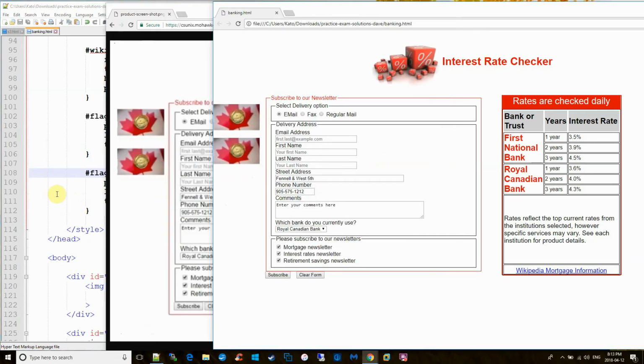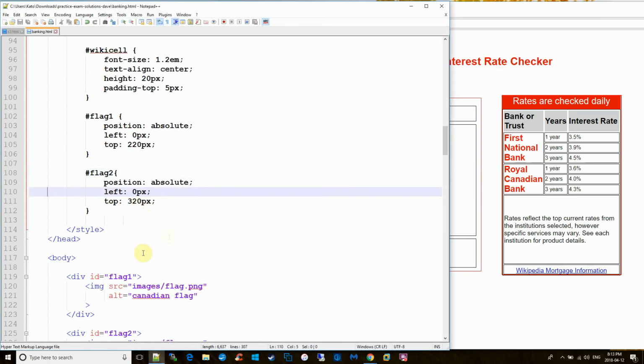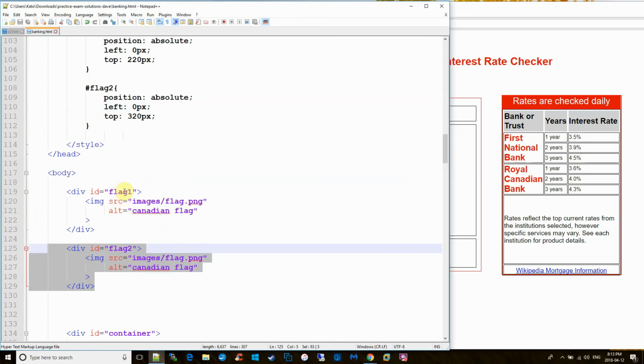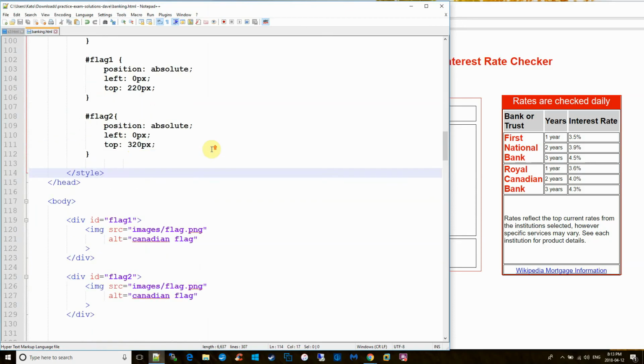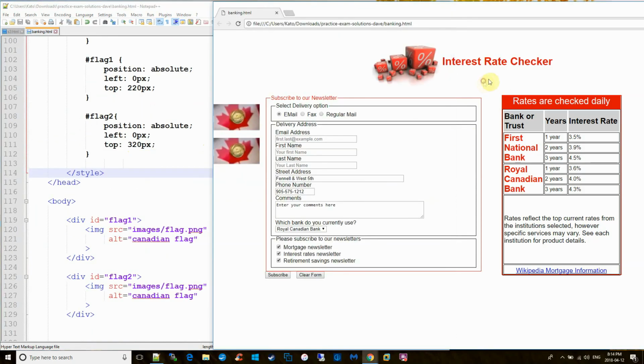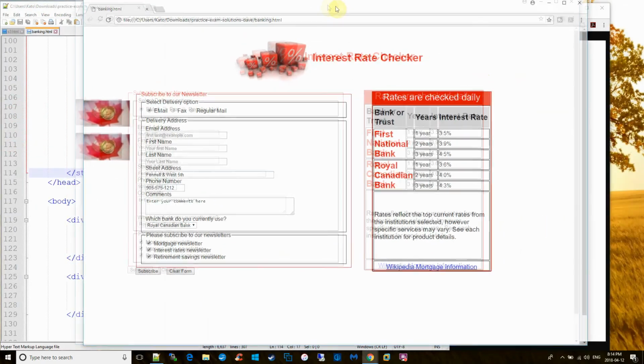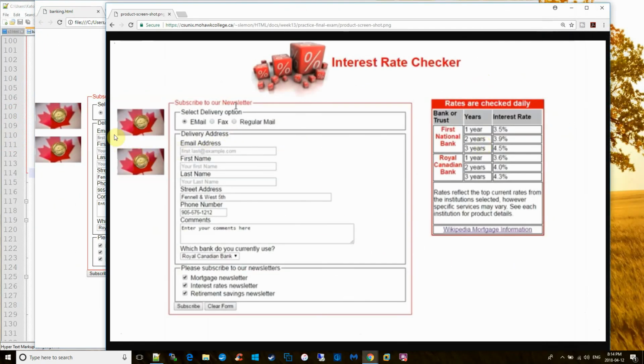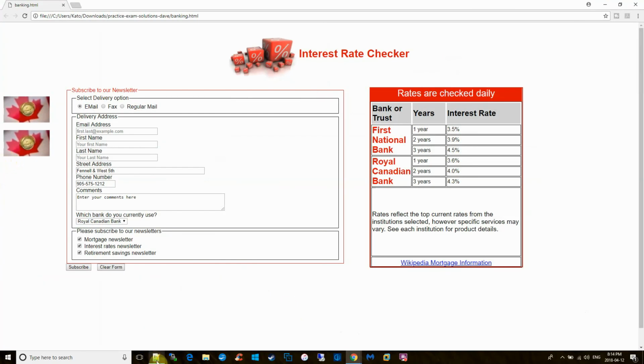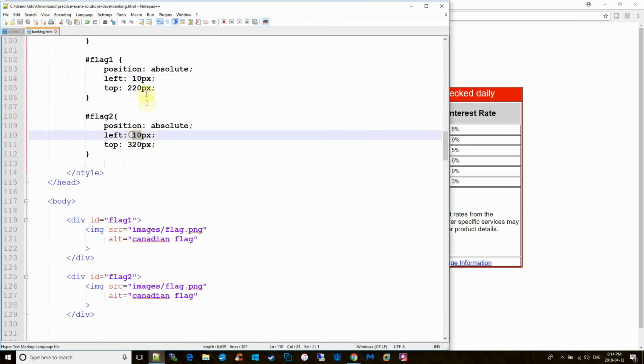So if I have a look at that, I just made another div exactly a copy of the one above it. The only difference is the flag 2, and then a positioning for the flag 2. And if we take a look at this at full screen, this is kind of the final product. There is maybe a 20 pixel space here on the left, and maybe I'll just do that and be done. So I've added actually 10 pixels, and I think we're completely done. Put the 10 pixels right in there. Okay, that completes the job at hand. Good luck on your